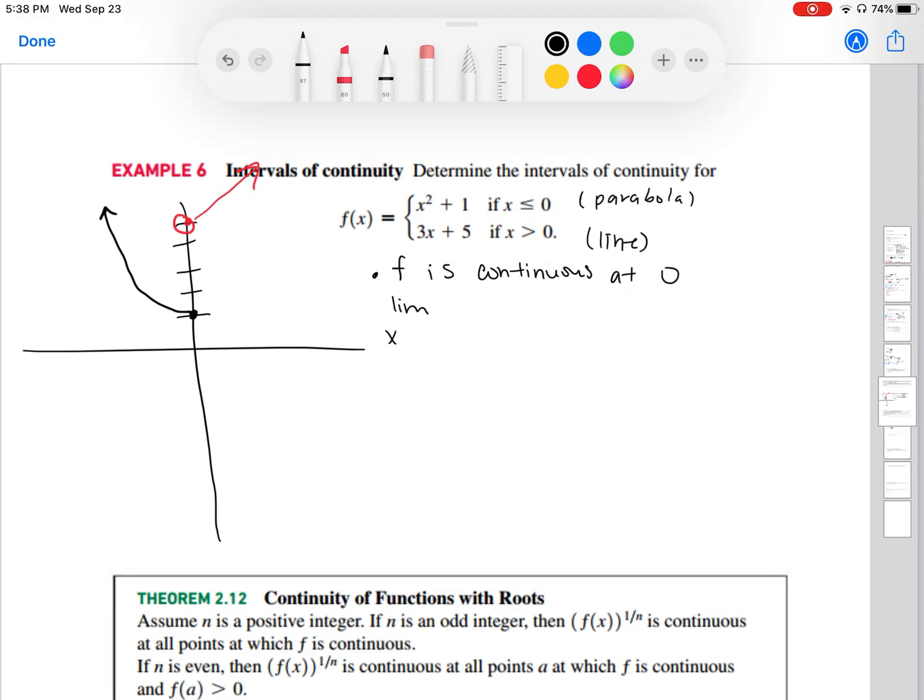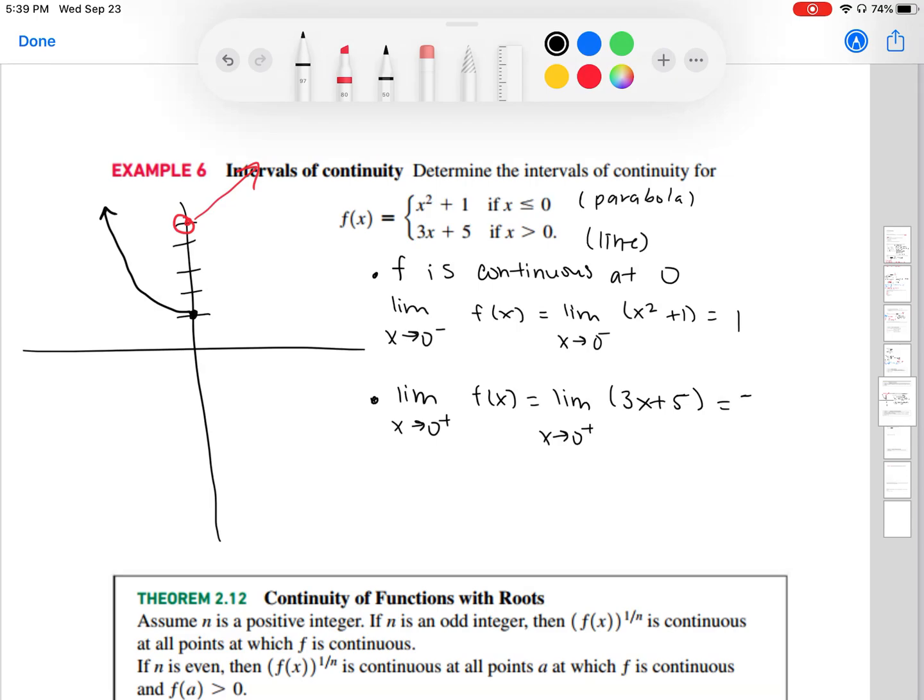So the limit as x approaches 0 from the left of our function, evaluated at x squared plus 1, would give us 1. However, if I look at it from the right, the limit as x approaches 0 from the right of 3x plus 5,